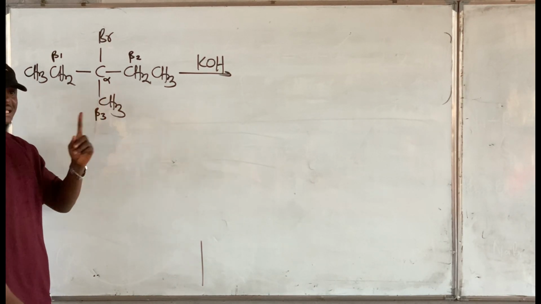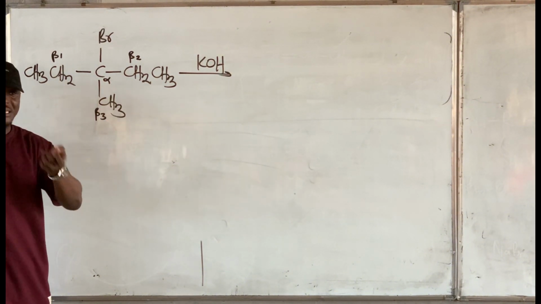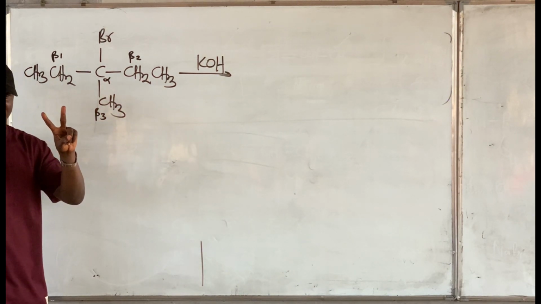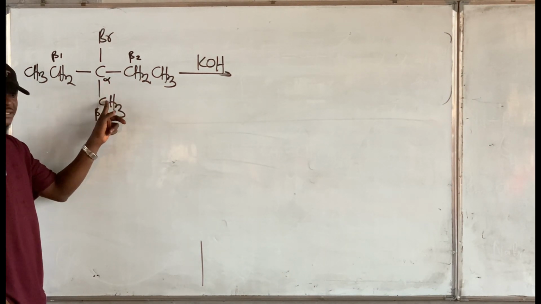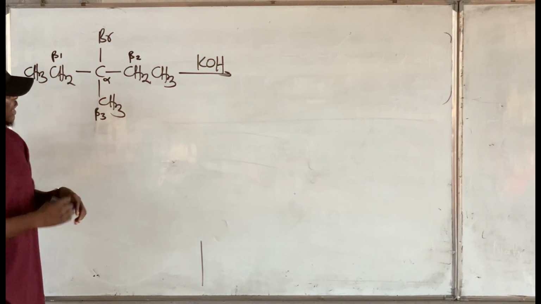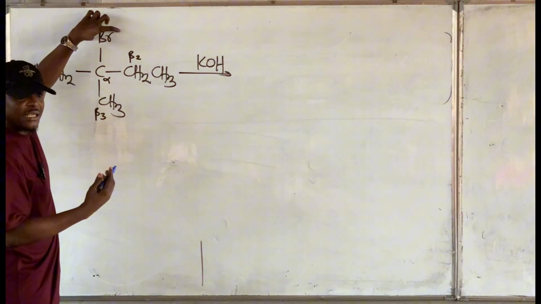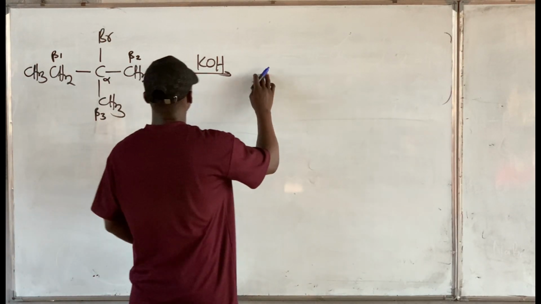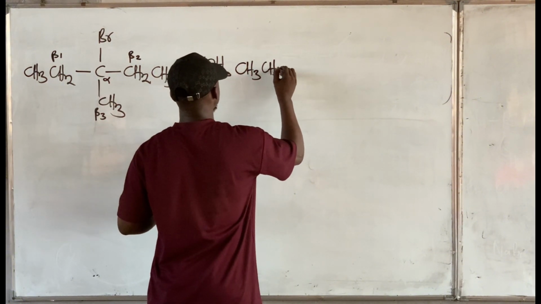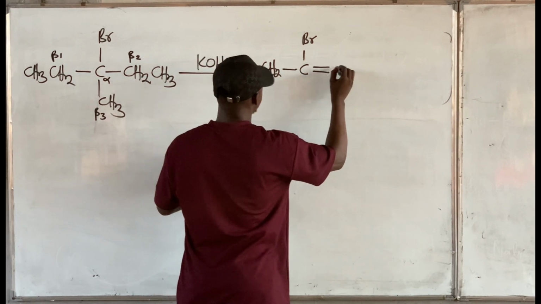So since they're equivalent, I'll see them as what? 1. Meaning that if I take hydrogen from here, it will be the same thing as taking from here. So that means this compound is just having 2 types of beta carbons, right? Which is this and this, right? It means that we're going to have how many products? 2 products. So I'll come here, according to saytzeff, because this guy is a less bulky leaving group. So if I remove Br and remove H from here, I have CH2, C, Br, double bond,